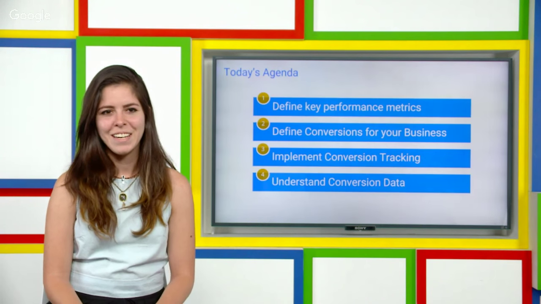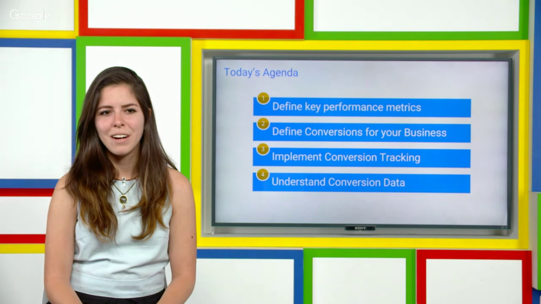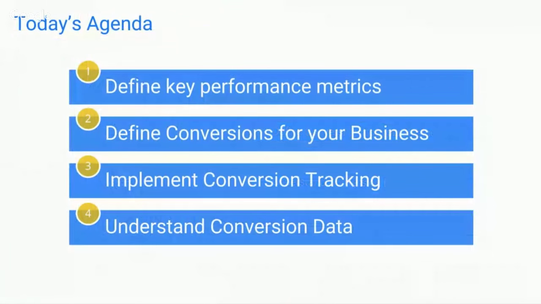Today, we're going to talk about having more control over your results in our Hangout on Air session 2. So just a quick rundown of what's going to be discussed in our agenda. We're going to talk about first, defining key performance metrics. Then we're going to define conversions for your business and what a conversion should mean for your business. After that, we're going to move over to implementing conversion tracking. And then last, we're going to talk about understanding conversion data and all the different metrics we could use to